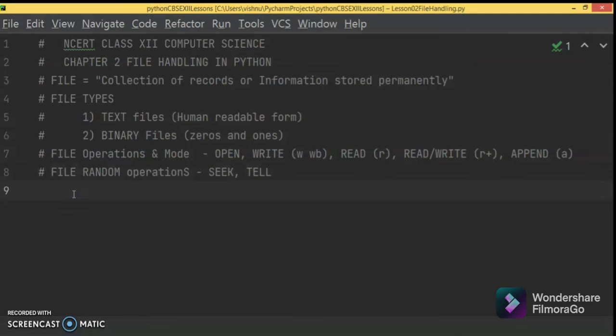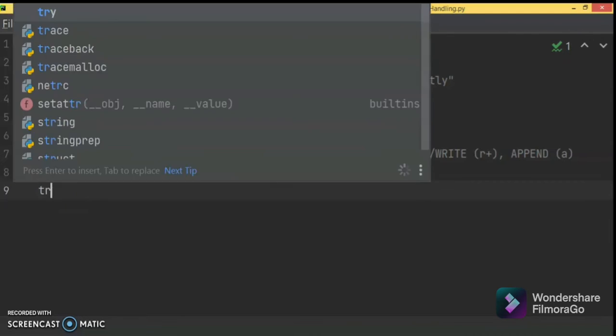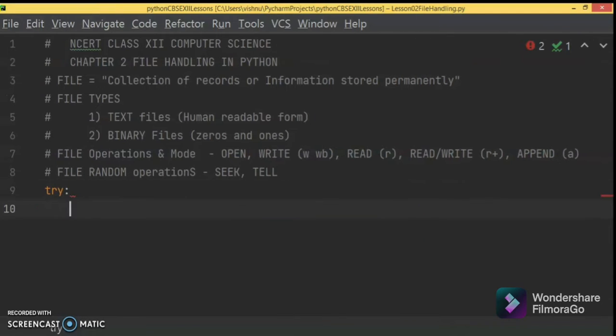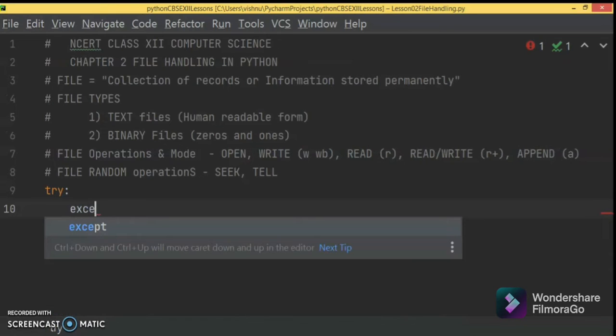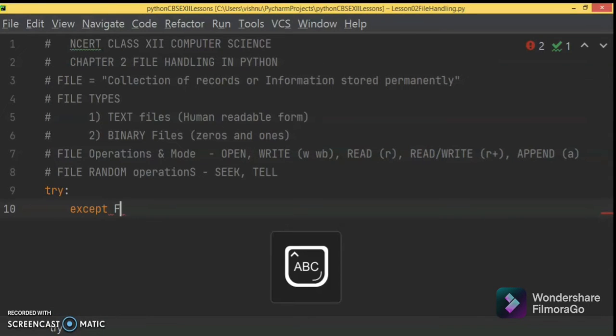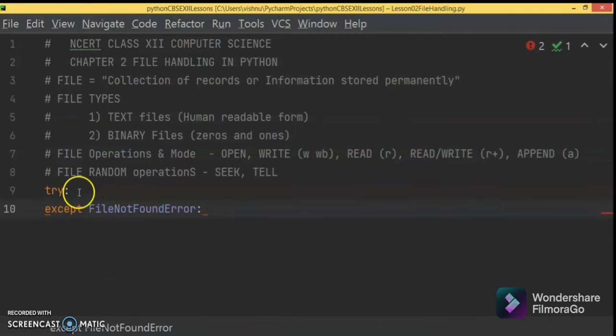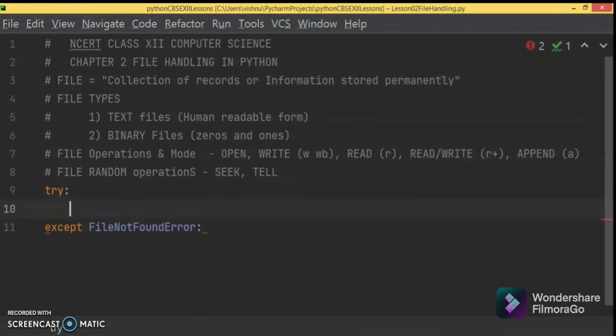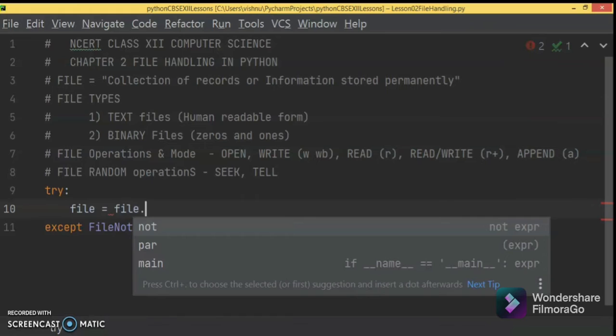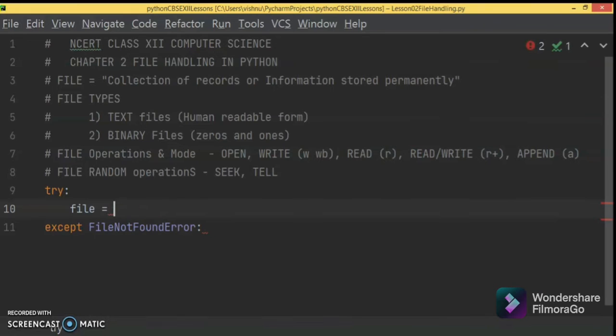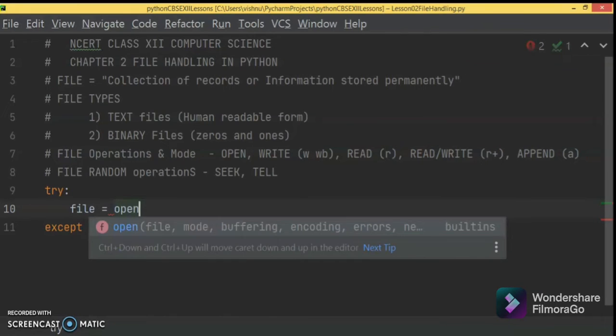Now we will try out a small program. We will be using try except. Here you can use FileNotFoundError. So in file, let us take an object called file. So this is an object. First I have told you the operation, open. So first I am going to open.